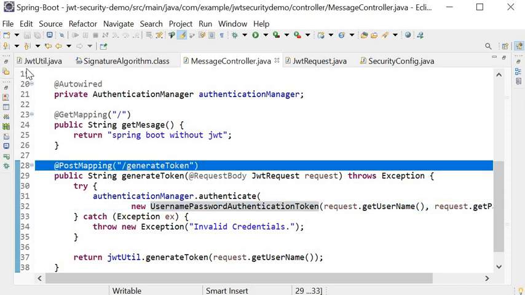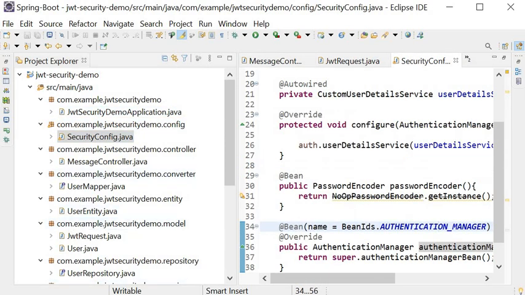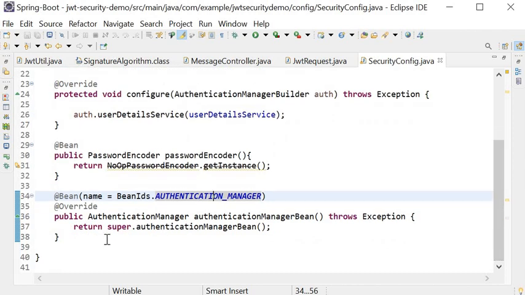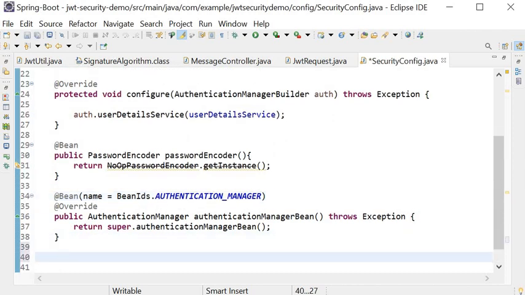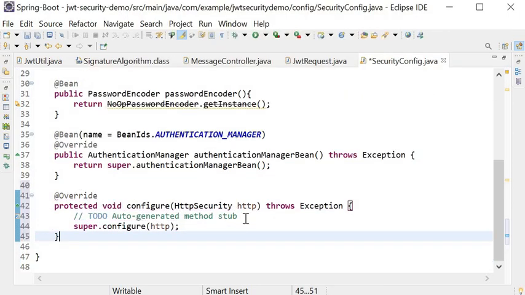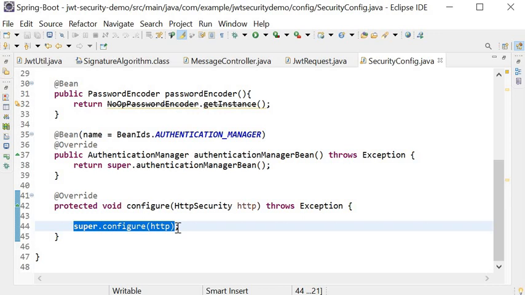So first we will go to the security config class, and in the security config class we need to override the method that is configure, that contains HTTP security.